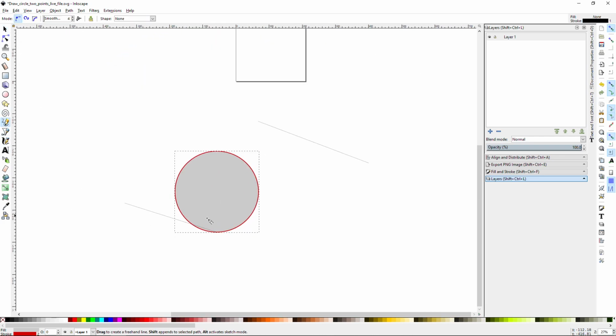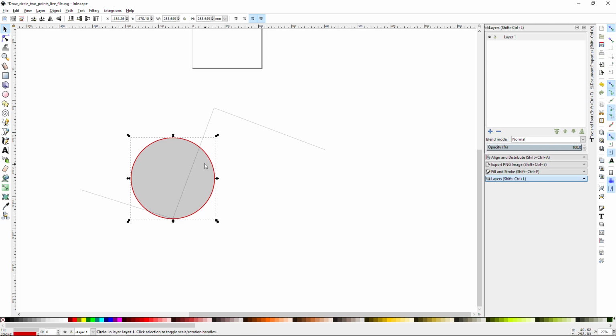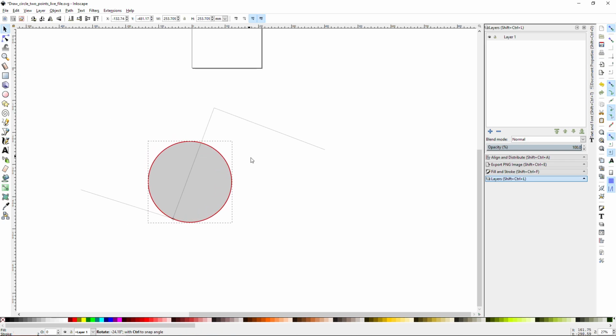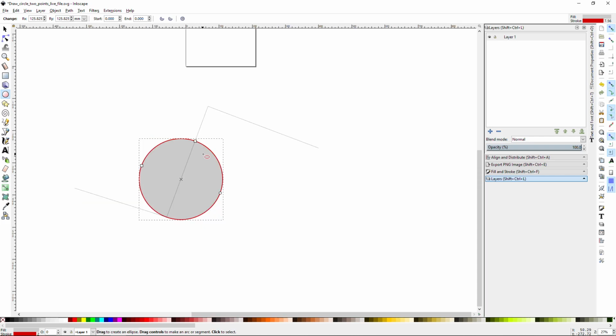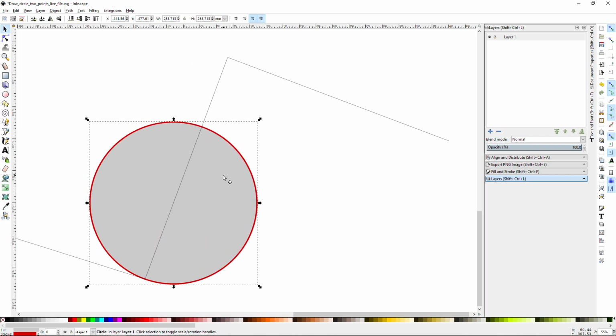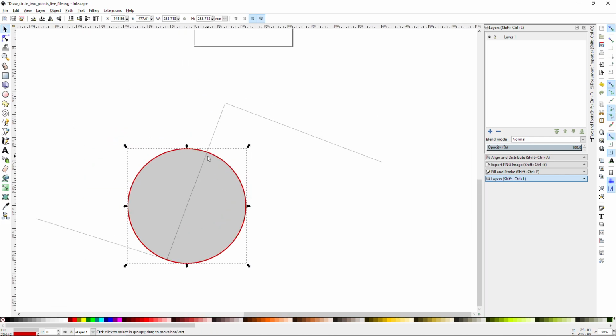We recreate the guide between the 2 points like this. And now we'll have to rotate so that these points get on this one right here. So I think we'll just eyeball it like this. Okay, check that it's good. It's good. Now if you want to scale this and keep this point on the line,